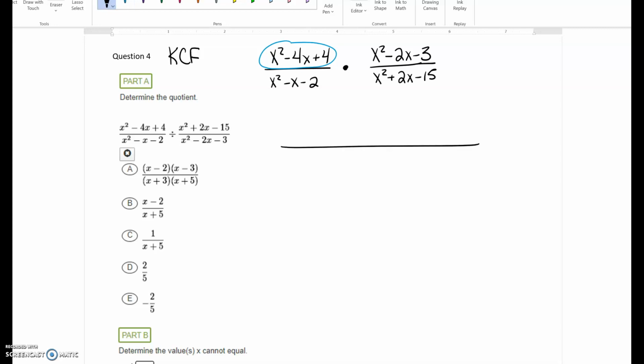So, looking for two numbers that multiply to give us 4 and add up to -4. That would be -2 and -2. On the next one,